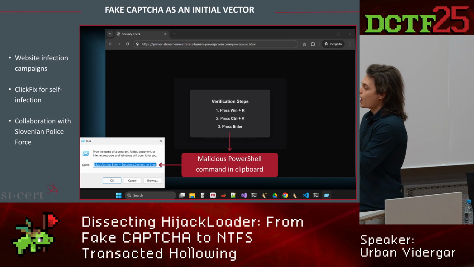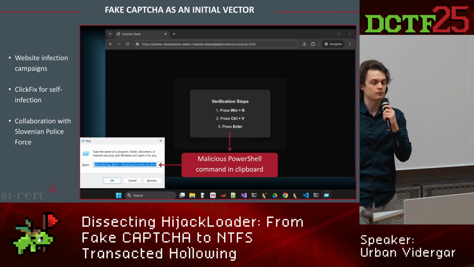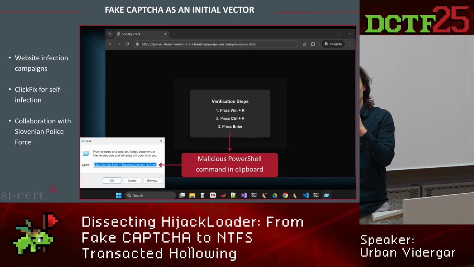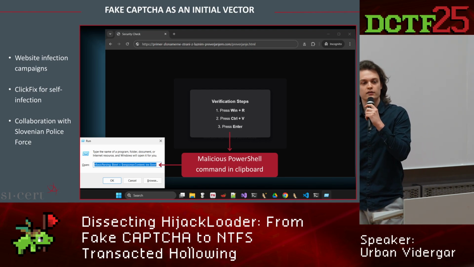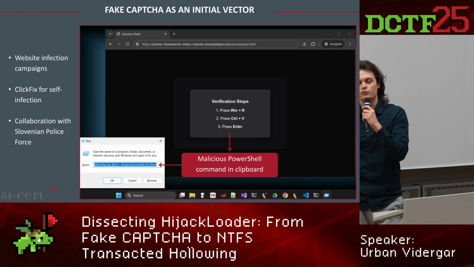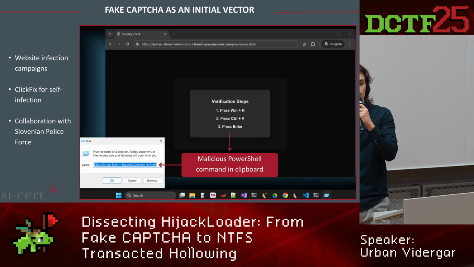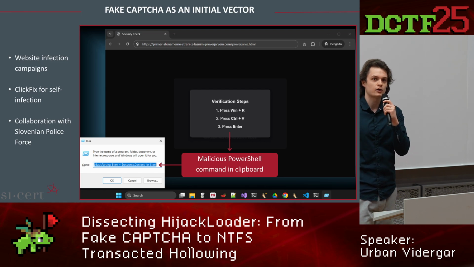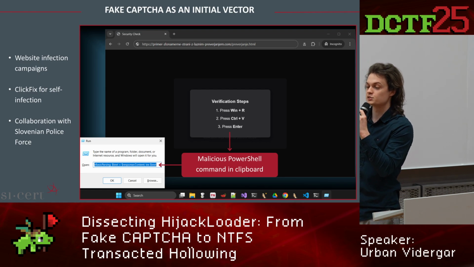a malicious website that essentially just shows HTML and JavaScript code, which in the background copies a malicious PowerShell command or MS-HTA command into the user's clipboard and asks the user to press a key combination, Windows+R, Ctrl+V, and Enter, to execute the malicious PowerShell command, which downloads a malicious sample and infects the system with